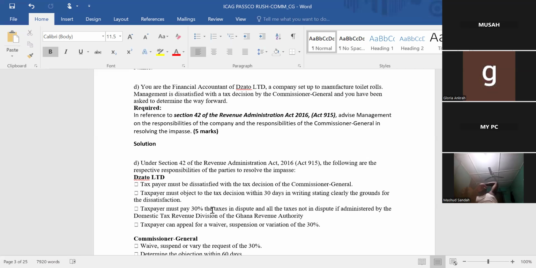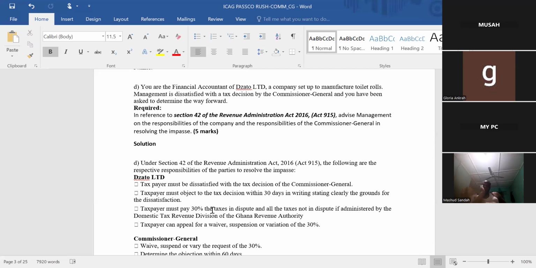And you know what? The law says that they should calculate interest on that particular outstanding tax, and the interest is 125% multiplied by the Bank of Ghana rediscount rate at that particular time. Then you multiply by the outstanding tax liability, compounding monthly. And you now see how much tax you pay to GRA if you have not done the right thing. Please, all together.